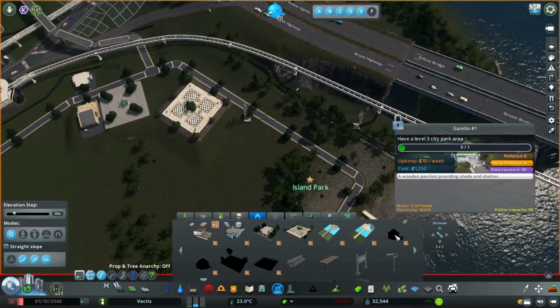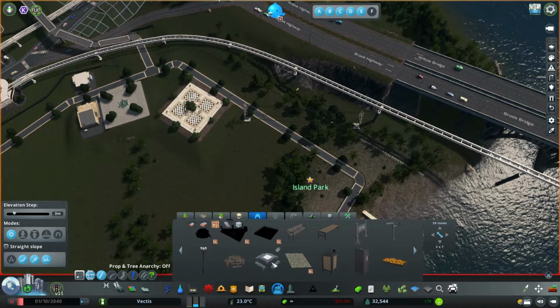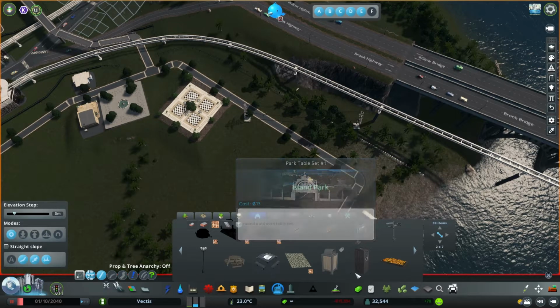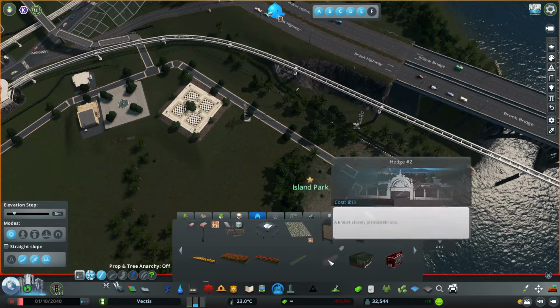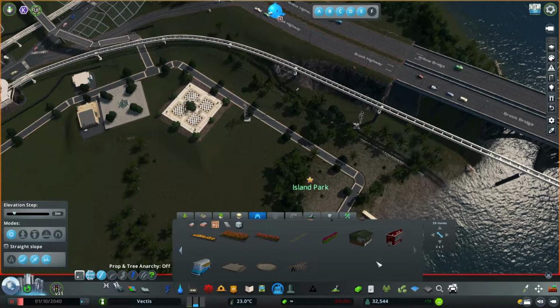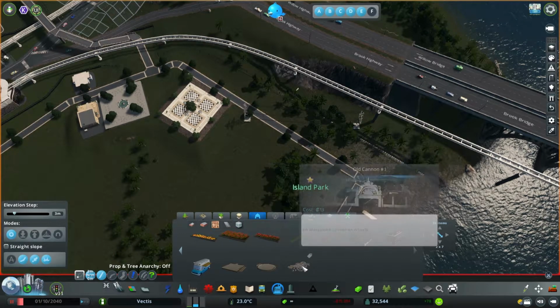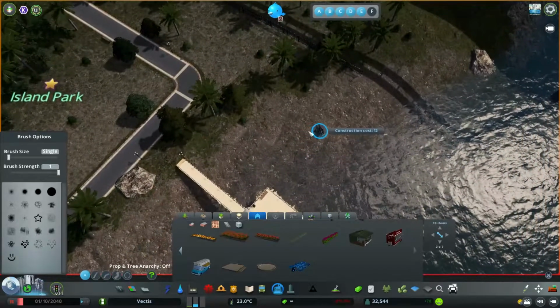Well, I could wait for the gazebo. That would do the trick. Level 3. And then there's all kinds of props and art stuff. Table sets. Raised beds, a hedge. Food store. But that's not going to need power, is it? Sandboxes, an old cannon. But I can't see them going to need...